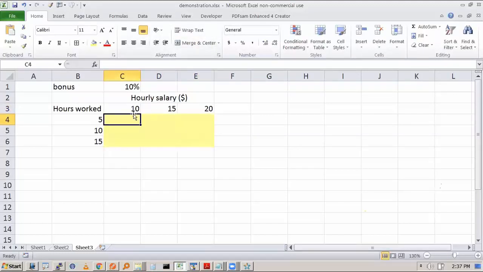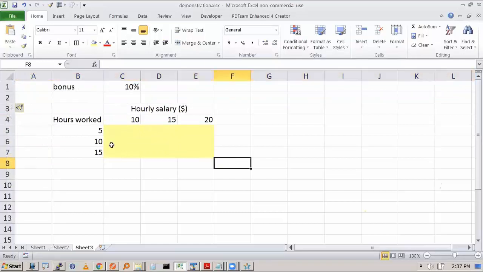Right? So let's say you are the finance in charge, and these are 3 people, A, B, C. A has done 5 hours work. You want to know, if his hourly salary is $10, how much payment you have to give to him. If his hourly salary is $15, how much payment you have to give. But these are workers working during the festival time, Christmas or Diwali. You have to pay them some bonus. The bonus is 10%. So after bonus, what should be the salary?